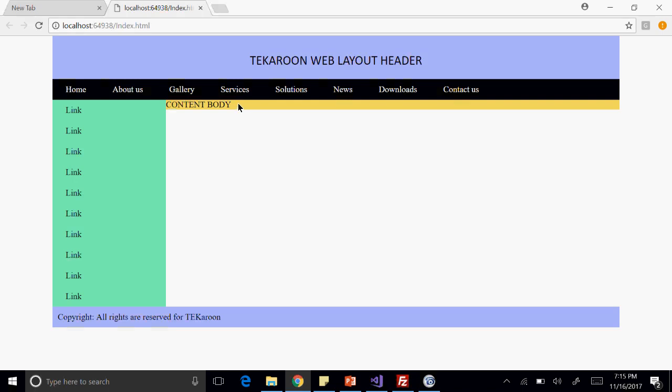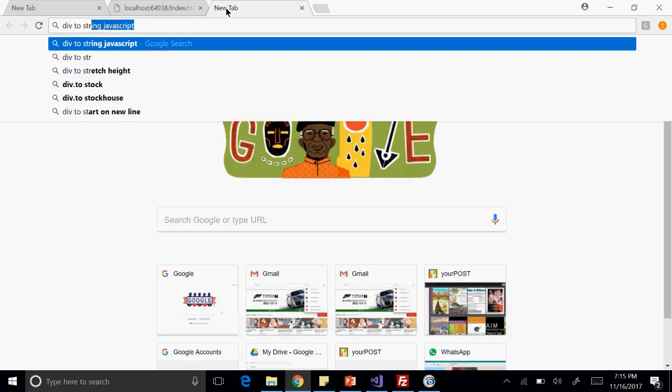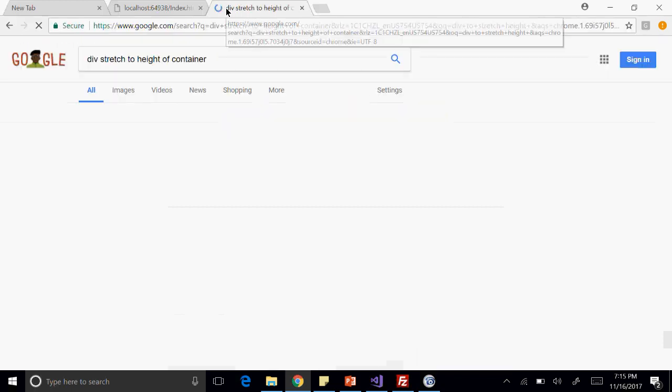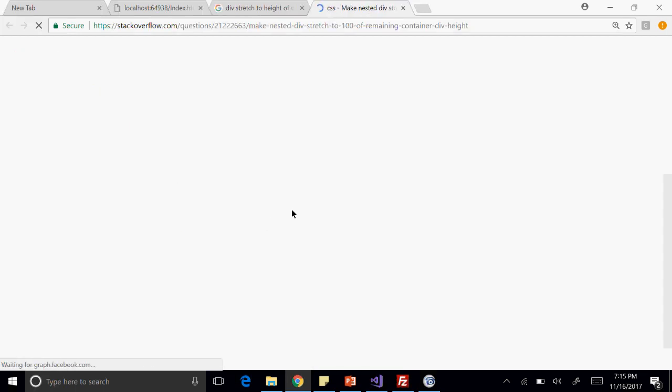To stretch, clear auto. I don't remember actually. To stretch the height of the container. So